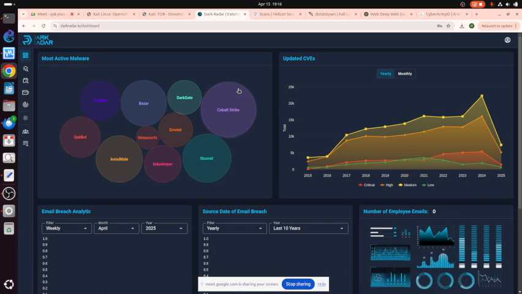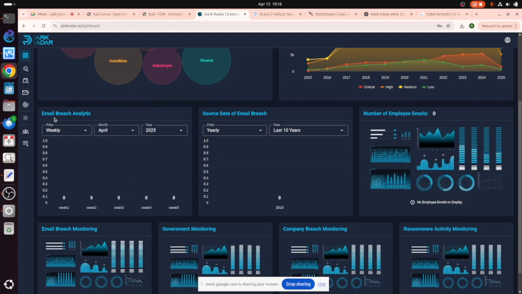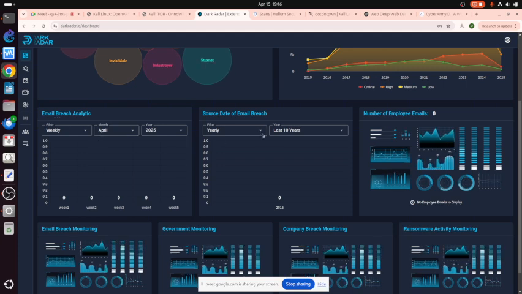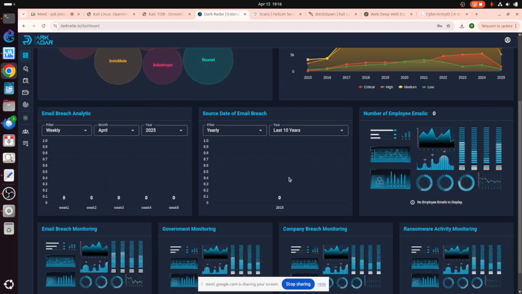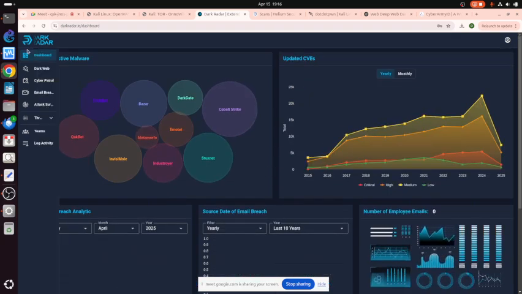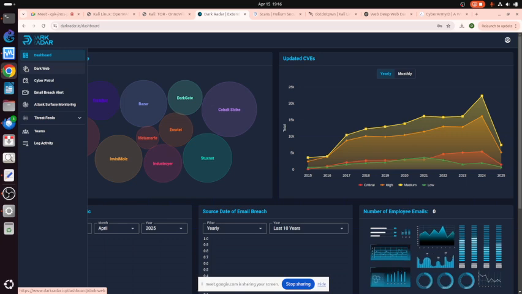So this is not a full-fledged application, only minor, but still good enough. We can see the most active malware on the internet. We can see any breach of our email and so on. I want to give you some idea of the dark web here.